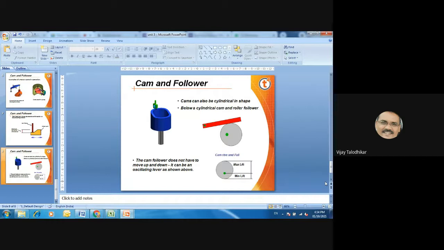Now this is the second question, and this question is mostly asked. The first one is the wedge one, the second one is the cylinder one. Why is the cylinder cam used, and which type of motion is transmitted to the follower by the cam follower mechanism? The oscillation motion of the follower is possible with the help of the cylinder cam, and this is the best example.